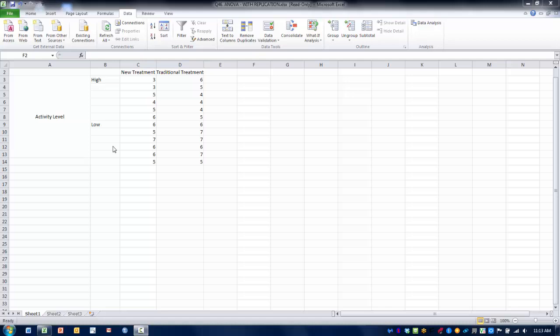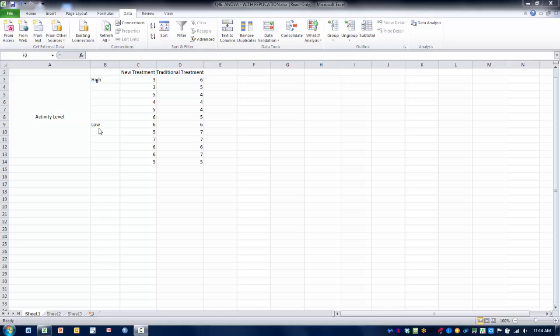In this video, I will demonstrate how to perform the ANOVA-Two-Factor with Replication Tool. What this tool does is test for differences between the means of two or more dependent groups or sets of scores. This is also referred to as a mixed design ANOVA, or a split plot ANOVA, or a between within factors ANOVA. So what's happening here is we have two different types of activity levels of groups of patients,